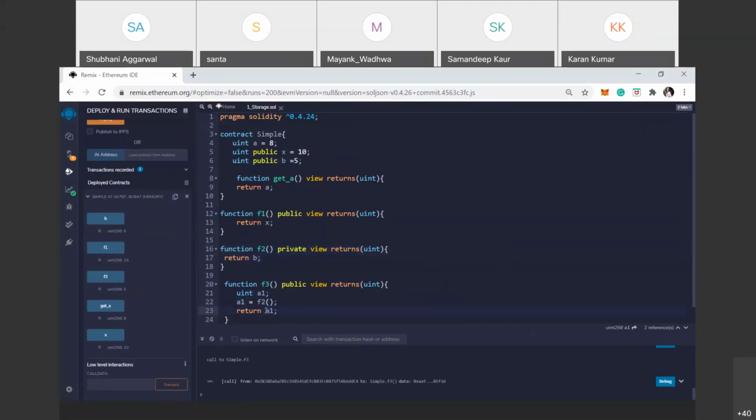Clear? Everybody clear on the nature of private functions?